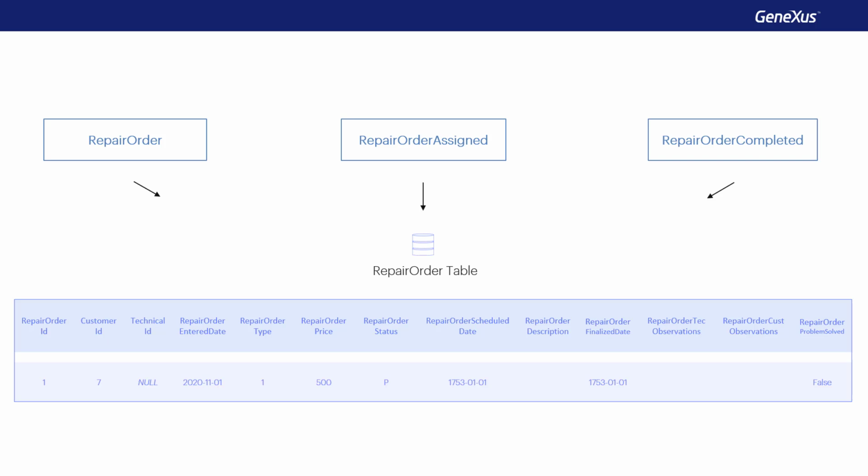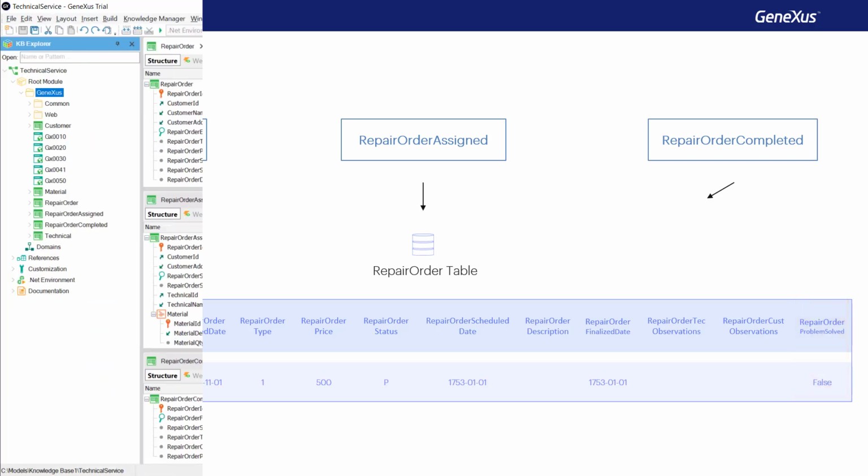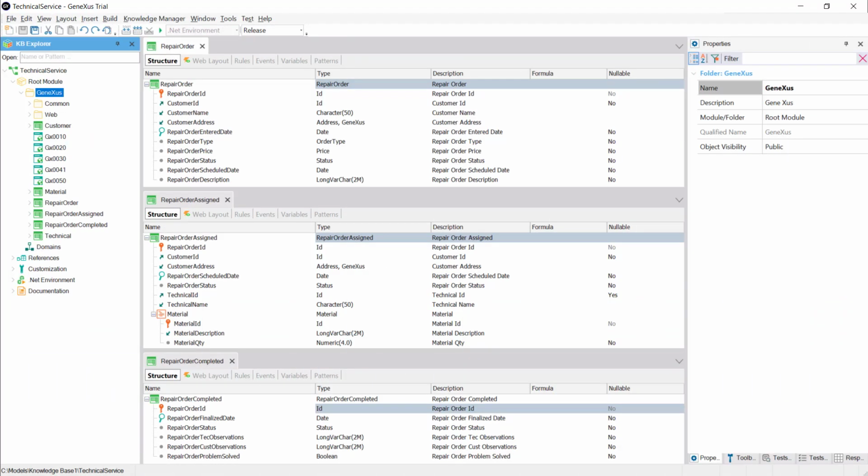Empty values will be assigned by default: 0 in numeric fields, empty string in character type fields, a default date representing the empty value for those of date type, and false for Boolean attributes. Parallel transactions offer a clear way to keep in the structure of each transaction solely the information you want to work with within that program, regardless of the information in the same table that can be handled in another transaction.